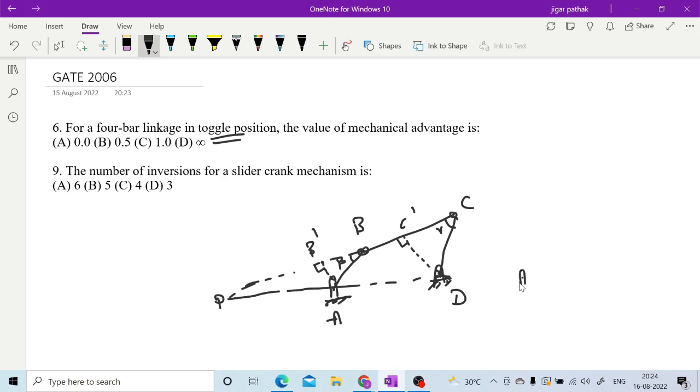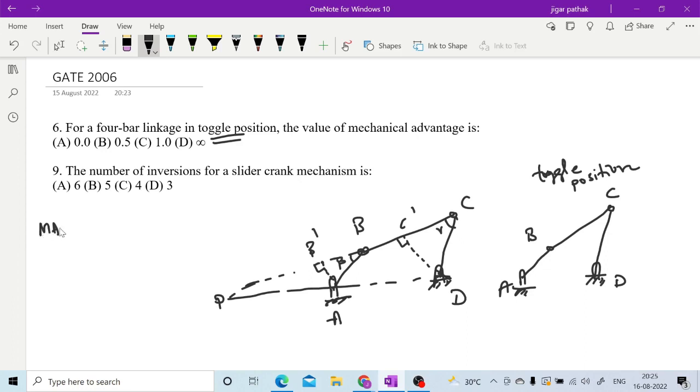So what is toggle position is, here you can have this A to B, and again then B to C will be there only, and then you can have this particular position A, B, C and D. So here this particular position is known as toggle mechanism or toggle position or 4-bar chain mechanism. Right. Now in order to calculate the general mechanical advantage, first we can write that mechanical advantage is nothing but,